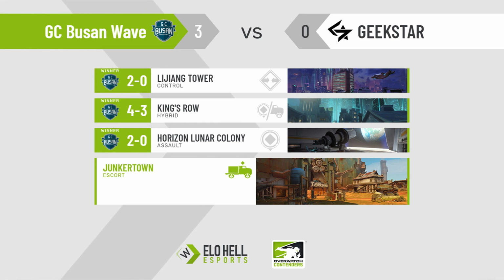While as GEEKSTAR, they're 1-1. They won against WGS, lost to Gen G. So maybe you're favoring GEEKSTAR to have an advantage here, especially if the GC Busan Wave are maybe weaker on this map. We'll see them push into Junkertown, where we've seen a lot of different interesting takes throughout the course